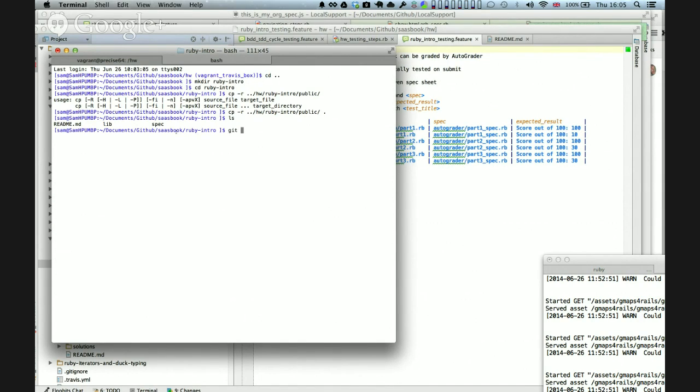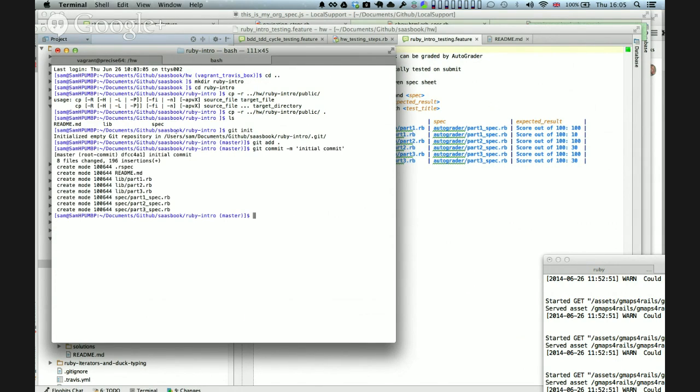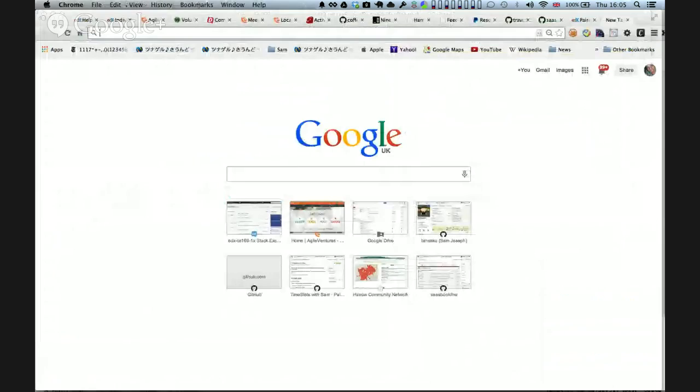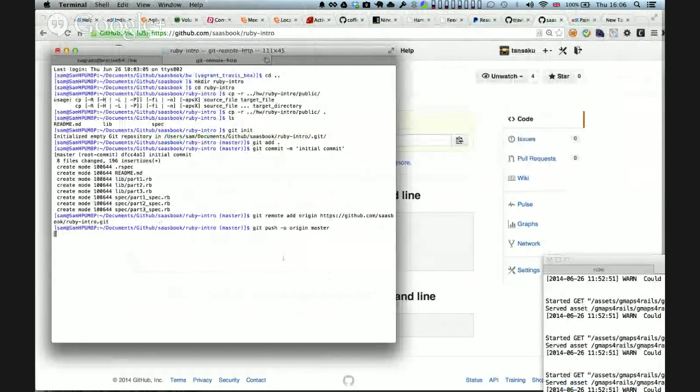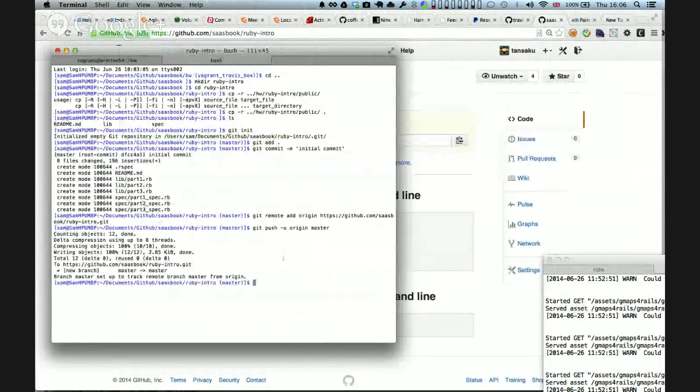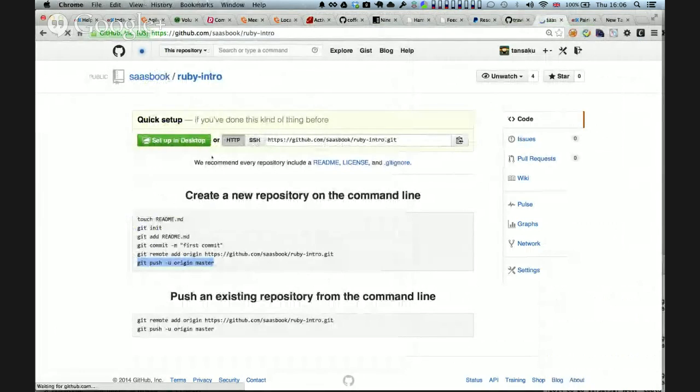Right. So if I do git init, git add, git commit, initial commit, and then as we were up on here, we add that in as a remote, and then we do this, and we do that. Okay, right. So we should now have here,